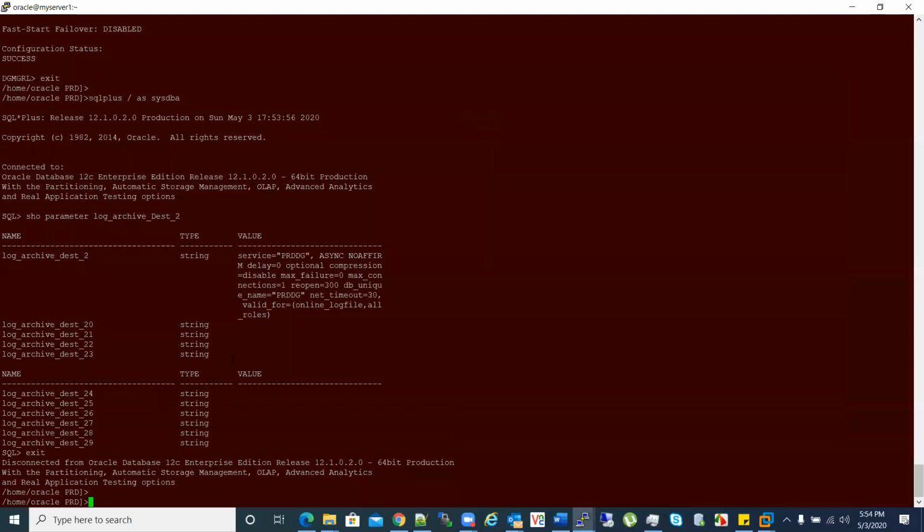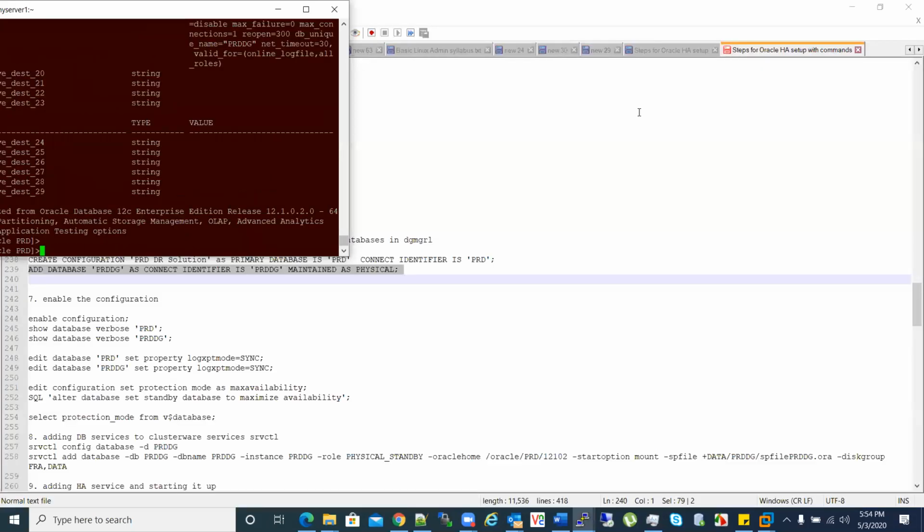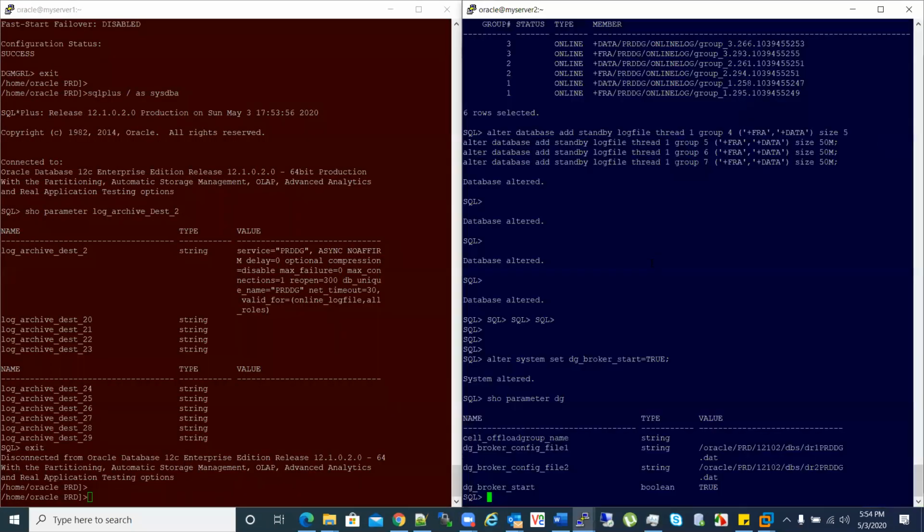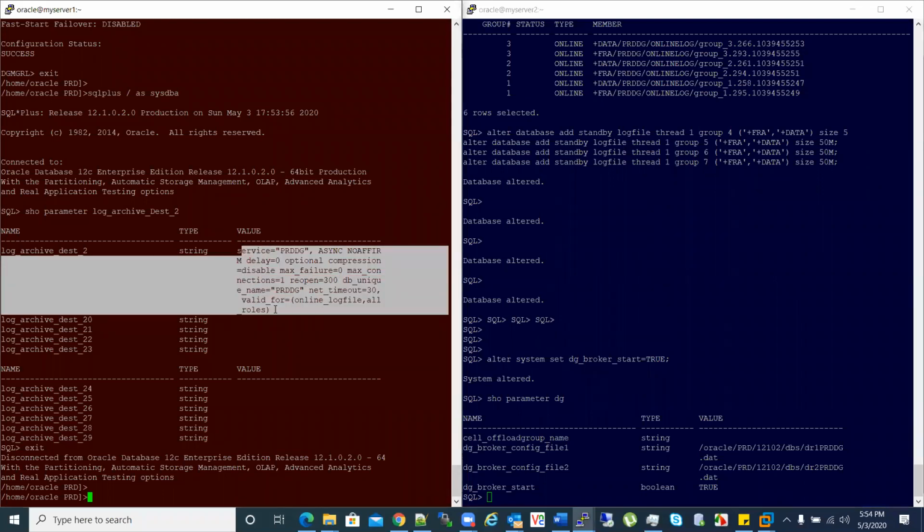Now we have DGMGRL configured with standby and primary. It does everything automatically, which we did manually. You don't have to give these many parameters when you're building a normal standby, or even add standby log files in both systems. But when you are going for an HA configuration, you have to do all the steps which I listed out here.